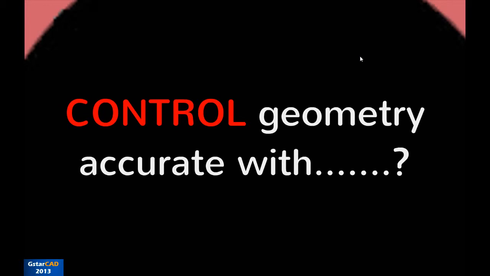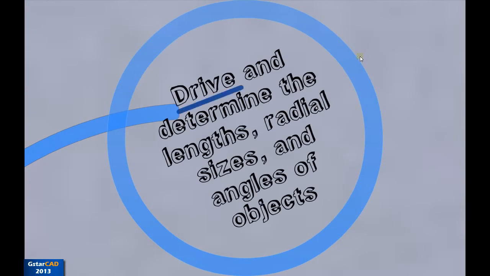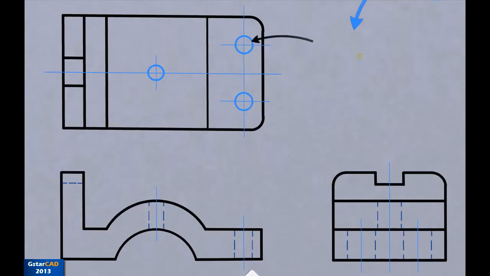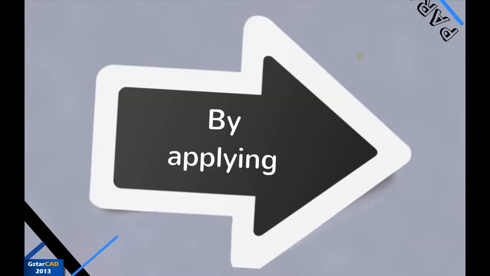There is one question. What if I want to control the geometric constraints in an accurate way? To control the geometric constraints in an accurate way, we can apply dimensional constraints. Dimensional constraints drive and determine the lengths, the radial size, and angles of objects. For example, if I want to control or drive the hole size, the diameter, including the segment lines, okay, control the length of the segment lines in these ortho projections, I can apply